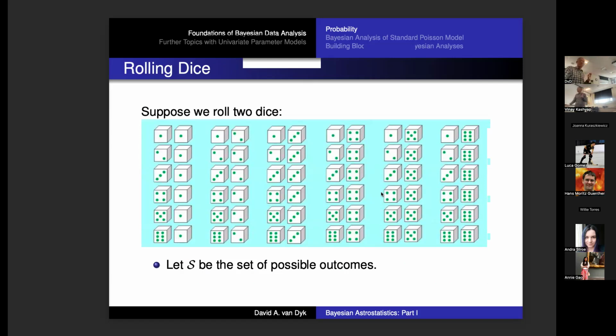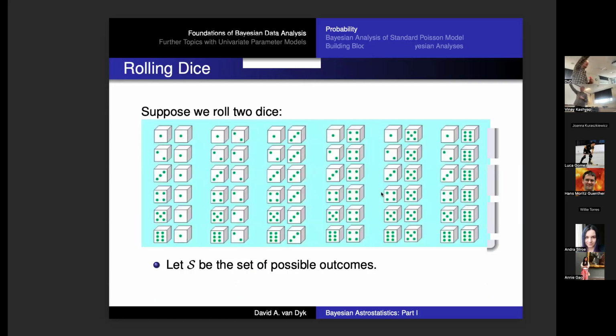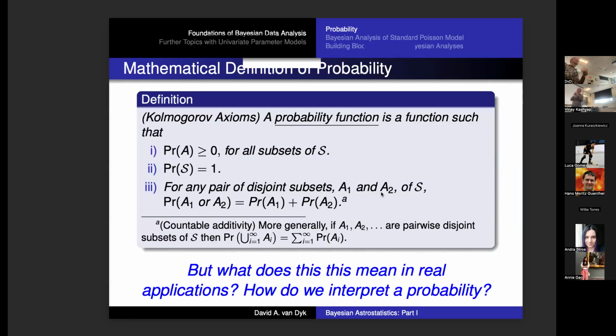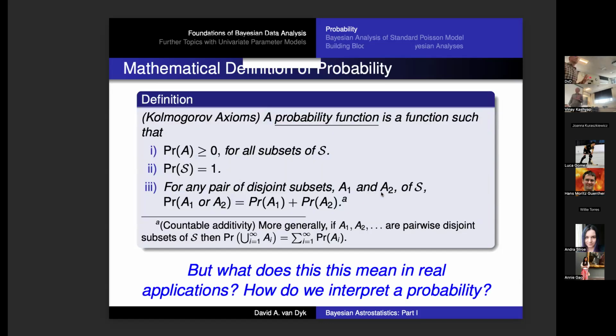And probability functions have some properties. They have to be non-negative. It's nonsense to say the probability of something is negative. If I roll the two dice, the probability of the whole sample space is 1. And the only other rule is that if I have two disjoint sets, the probability that one or the other happens is the sum of the probabilities. So if I want the probability that I get 2 1s, 2 2s, 2 3s, 2 4s, 2 5s, 2 6s, with ors in between, I sum up those individual probabilities to get the total. And that's it. That's what a probability is.